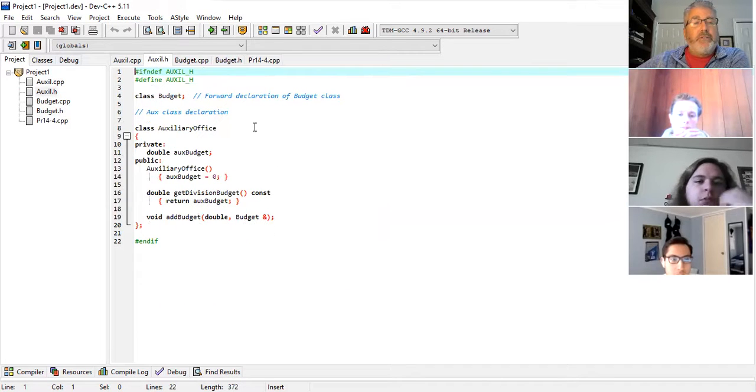When I come into auxil.h, what do we have going on here? Line 4 is quite interesting. It's a forward declaration of the budget class, making sure that that is declared before I get into auxiliary. As I come into auxiliary, I'm creating the header file. I see I have